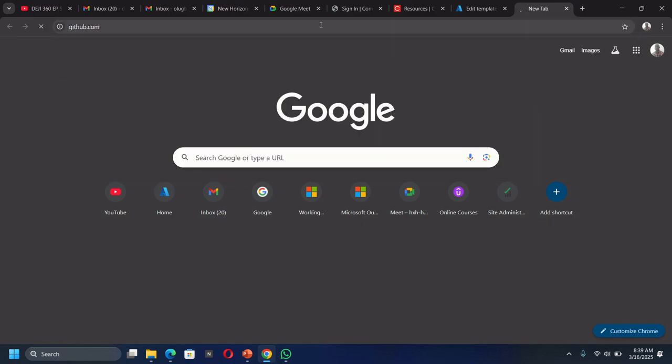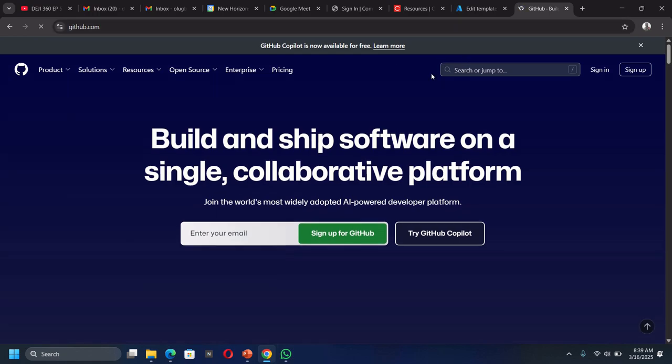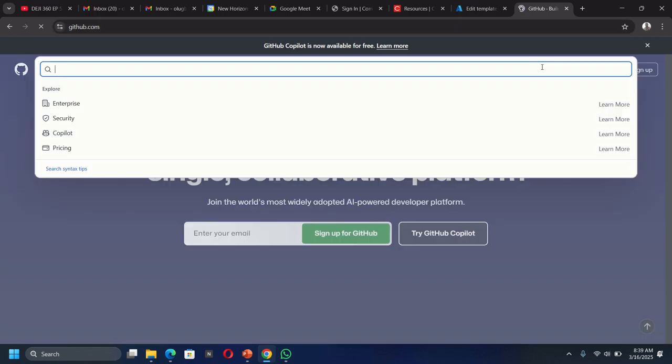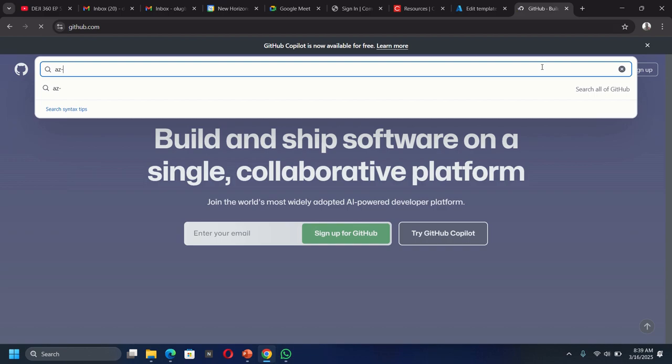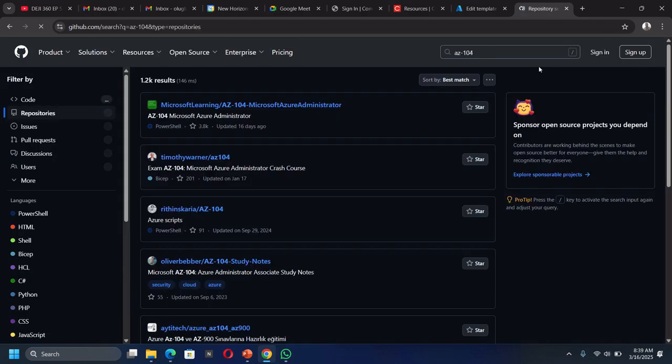And once you get to GitHub, you are going to search for AZ-104. So I'll type AZ-104. Now press enter. Then this is the link that you are looking for. This is a Microsoft GitHub,